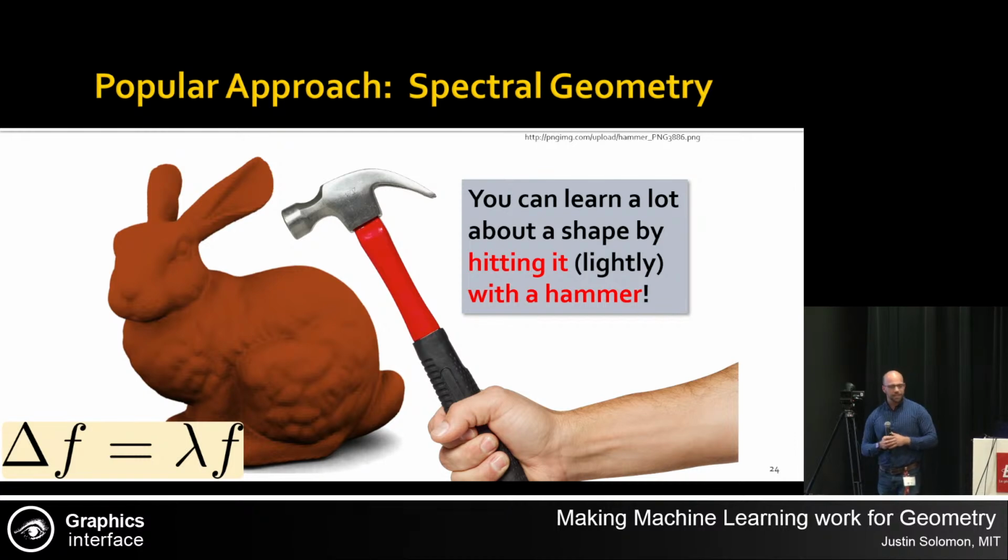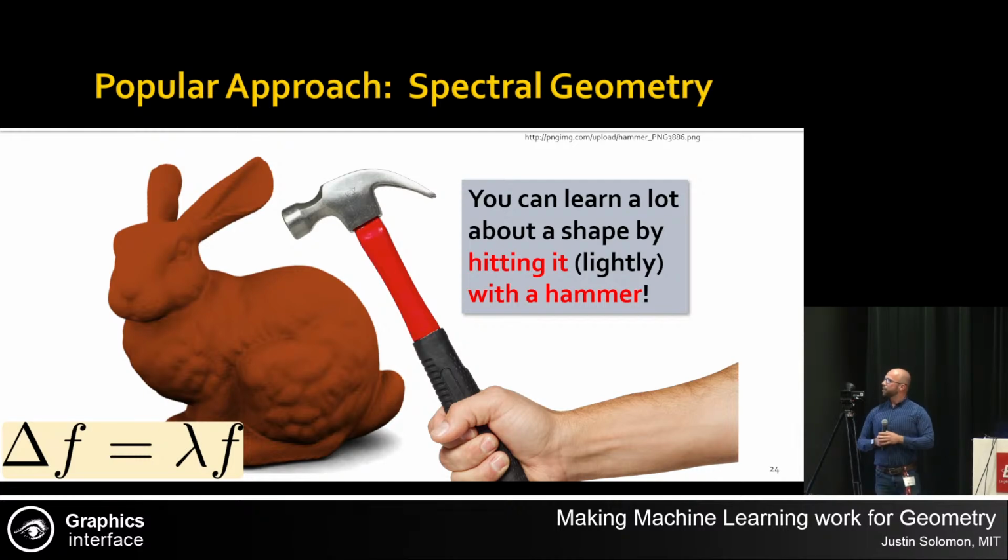It dates back to, I think, the 1960s, 1970s, if not earlier. Actually, probably earlier. There was a particular math problem that was posed, which was, can you hear the shape of a drum? The idea here was that you've got some drum, and you don't get to look at it. You look away, and you knock on it, and you get to hear an audio signal. The question is, if you hear those vibration frequencies, can you reconstruct the shape? Now, spoiler alert, the answer is no, but it turns out that those frequencies actually tell you a lot of information about curvature, scale, and so on.